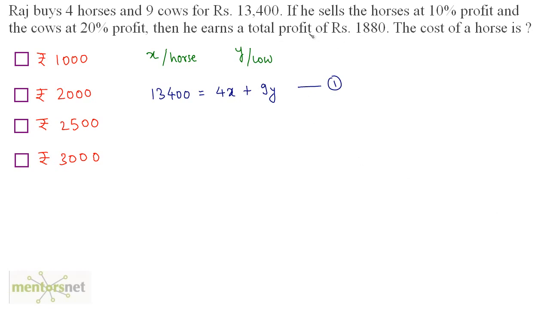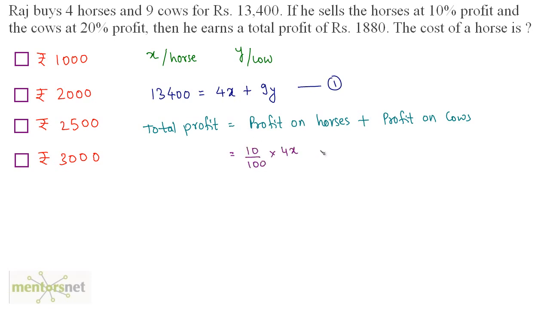Next, we have been given the total profit. So the total profit can be termed as the sum of the profit on horses and the profit on cows. Now we have been given how much profit we have on horses. It is a 10% profit, and on cows we have a 20% profit. So the profit on horses is 10% of the cost price of horses. So 10% of 4x plus 20% of 9y is equal to the total profit, 1,880. So 2 2s are 4, 2 5s are 10, and again 2 1s are 2, 2 5s are 10. So we can rewrite this as